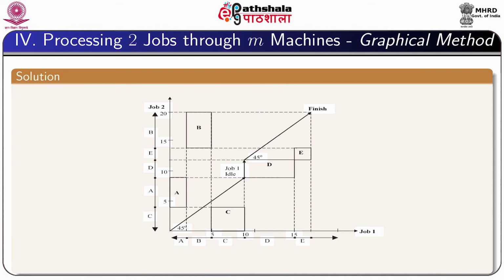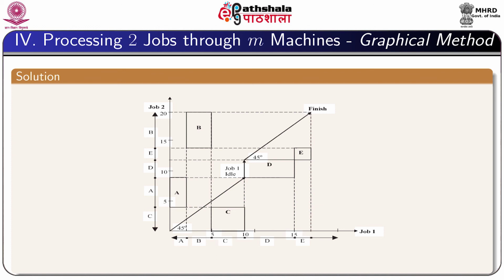Now, following the algorithm, we can draw the path. As you can see, we have 5 blocks here A, B, C, D and E,